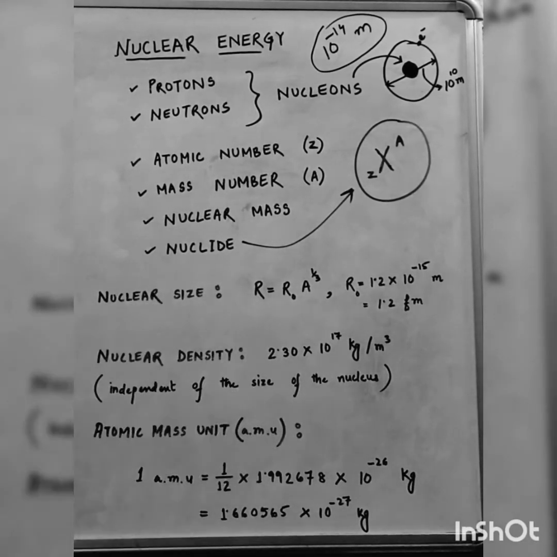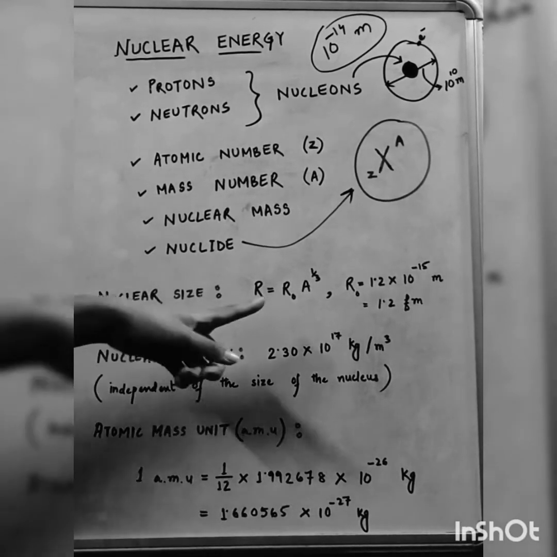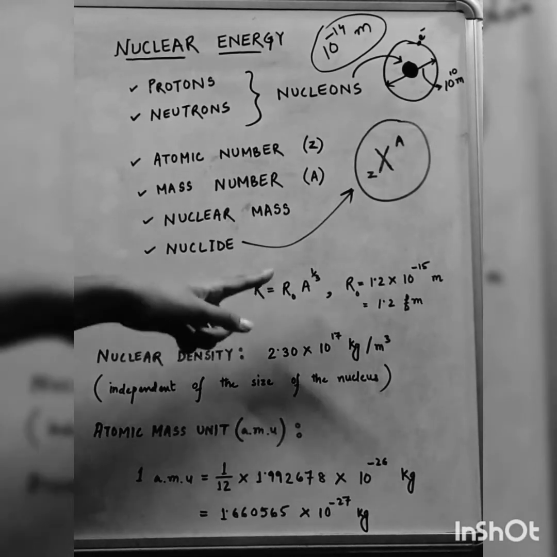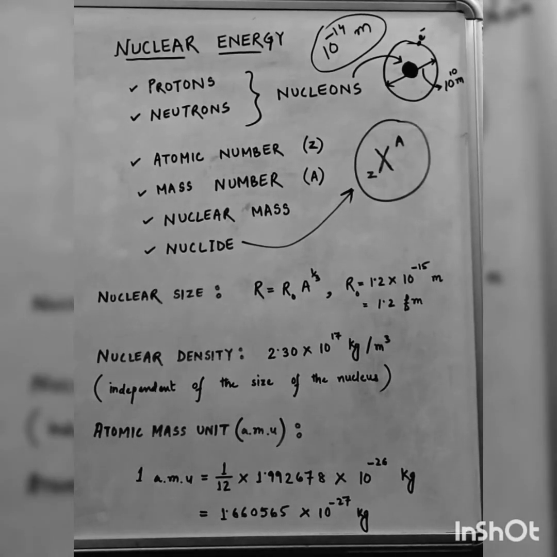Okay, and R naught is a constant whose value is approximately 1.2 × 10^-15 meter, which is equal to 1.2 femtometer. FM is femtometer, and you have to remember this: 10^-15 meter is equal to 1 femtometer, and femtometer is a unit which is usually used in any kind of